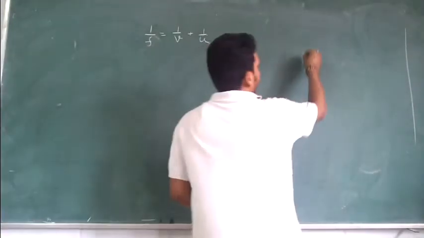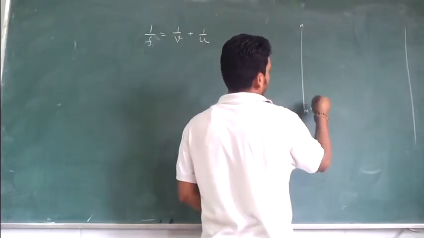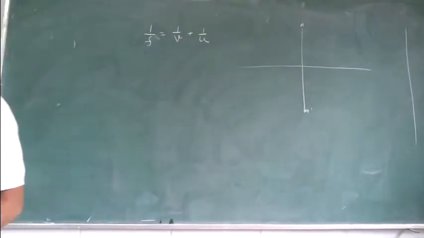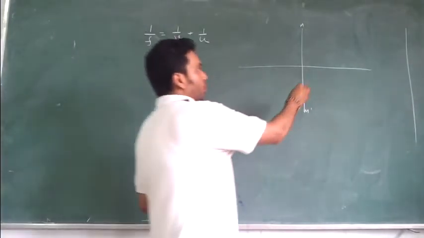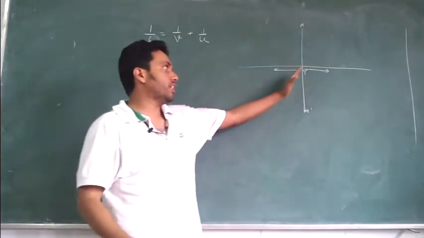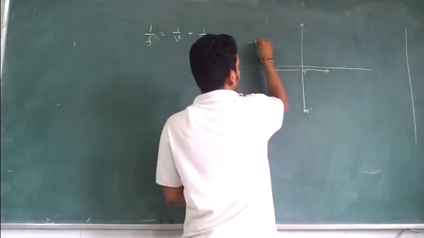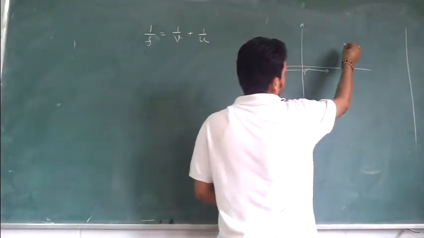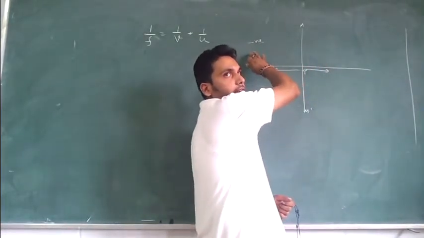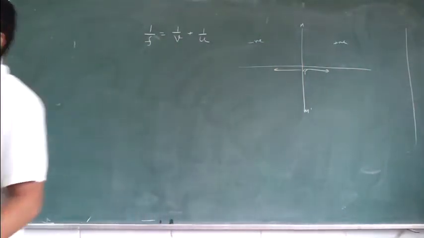Now the sign convention is this: this is the mirror, whether convex or concave, I am not drawing it because the sign convention is the same for all. This is your pole. All distances you are going to measure from the pole. If you measure this side of the pole, the object side, it is minus. If you measure the other side, I am not calling it the image side because maybe the image is formed also on the same side, but this is the object side and the other side is plus. So object distances are always minus.